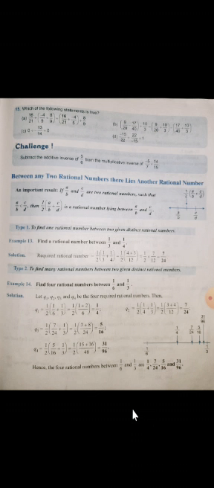Today we are going to learn how to insert a rational number in between two rational numbers, or in between six or seven rational numbers, or in between 100 or 70 rational numbers, like that. If two rational numbers are there, in between these two rational numbers, there are unlimited number of rational numbers.